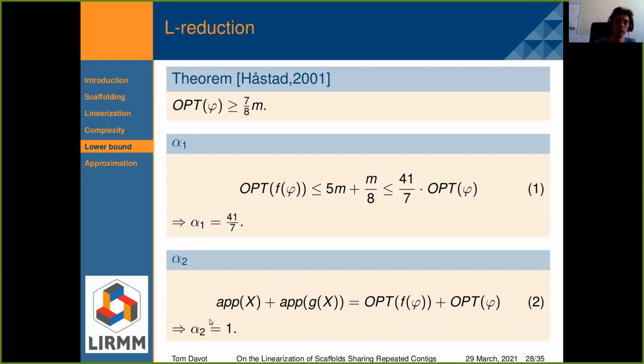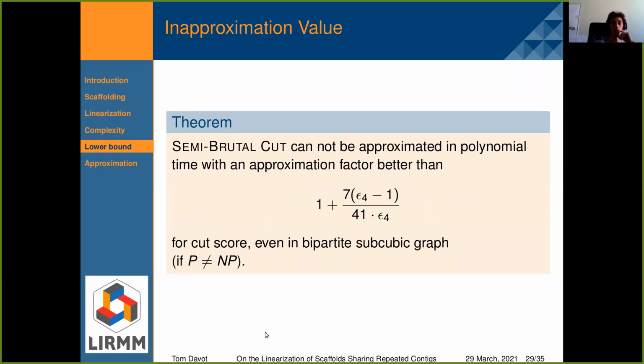So that means we have alpha 2, which is equal to 1. So we managed to construct an L reduction with alpha 1 equal to 41 on 7 and alpha 2 equal to 1. And with that, we can compute a lower bound for semi-brutal cut.